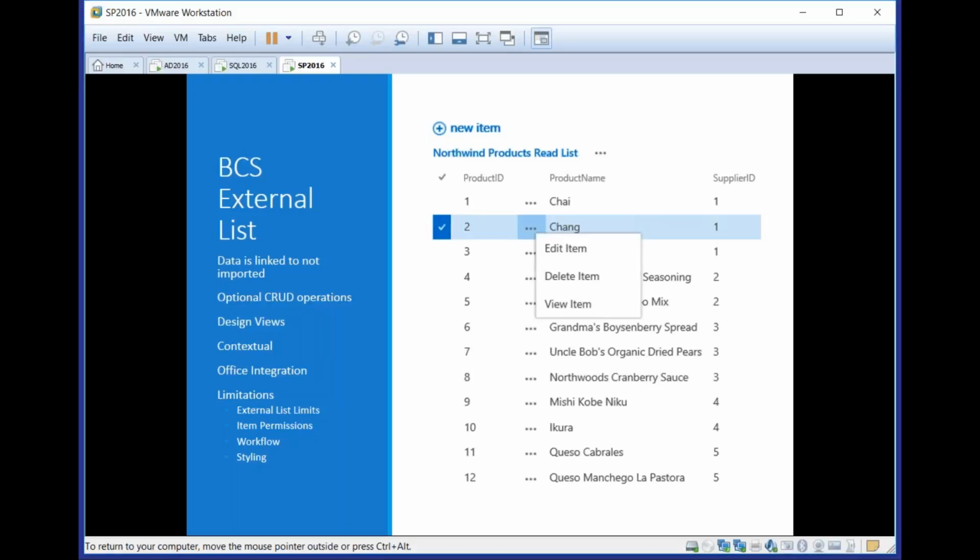You can effectively trap events firing, but it will require you to write some code in order to fire those workflows. It's not something that you can simply go and add a workflow to because SharePoint isn't aware of the item changing. You'll also notice that things like quick edit views don't exist. The ability to edit item permissions doesn't exist, and you also can't create additional columns in an external list as